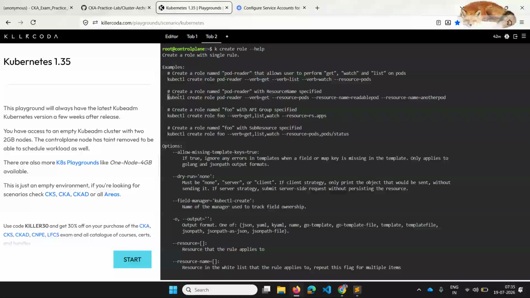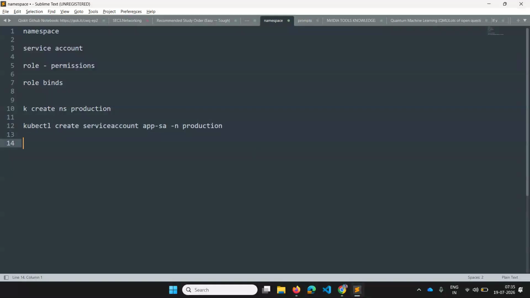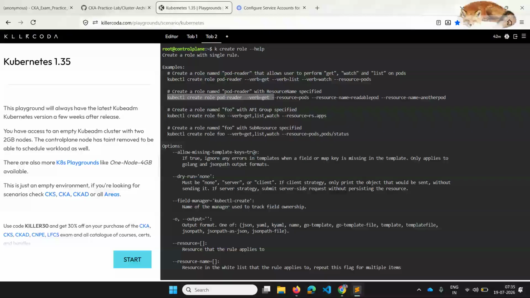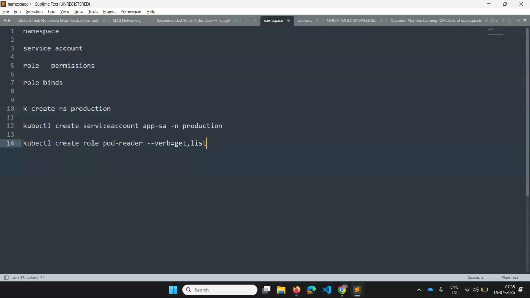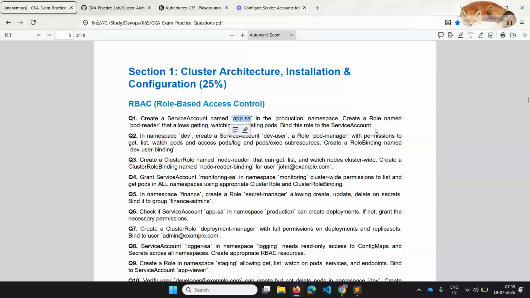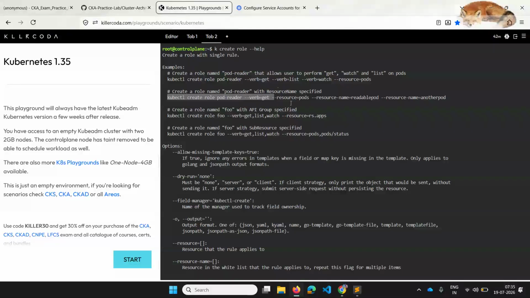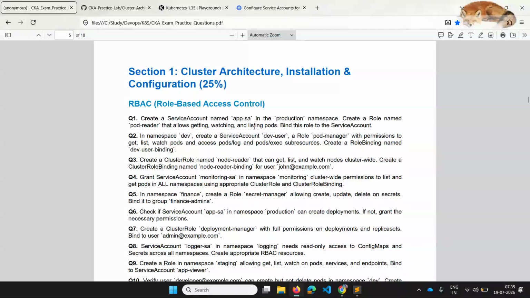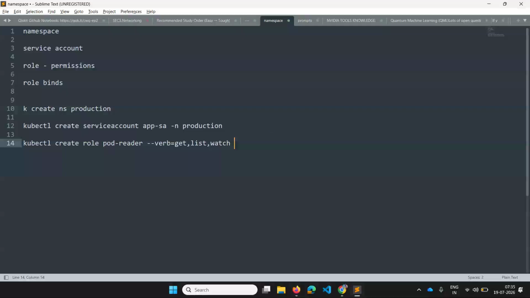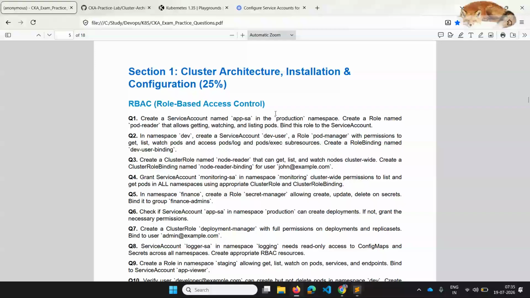It's like k create role and role name, and inside the verb I can use list also. So I can just do get, list, watch. Because they are asking me to create a role that allows getting, watching and listing, I want all these three, and I want to apply this on the pods. I think it's on the pods, right? So I'll use the resource as pods.